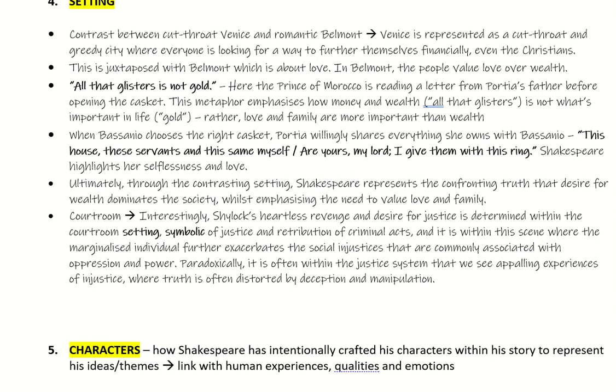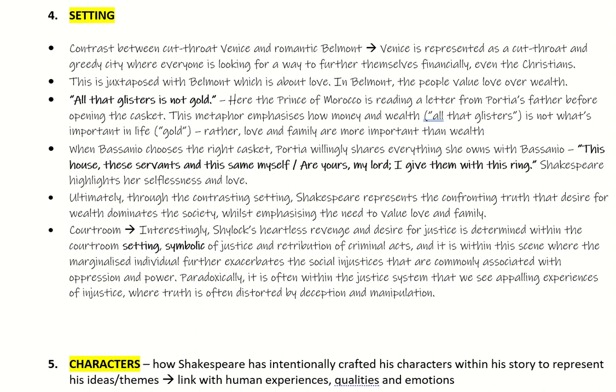The other very important setting that I want you conscious of here is the courtroom setting, which is very much associated with justice and truth in human experience. And here there is a bit of an irony that Shakespeare crafts quite intentionally through this courtroom setting. Again, think through the way that he's representing some of his ideas around, particularly, the social crafting of a character like Shylock, and perhaps the mistreatment that he receives because he is different to the dominant.